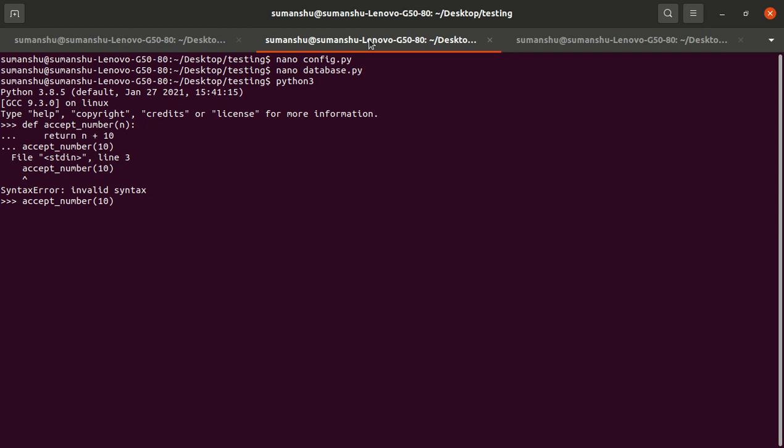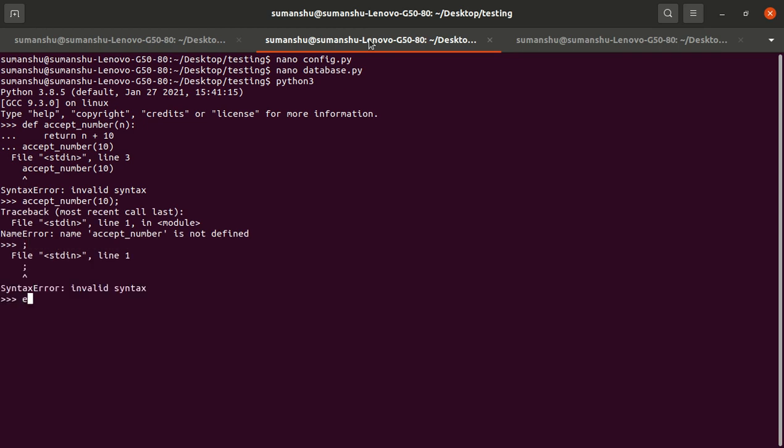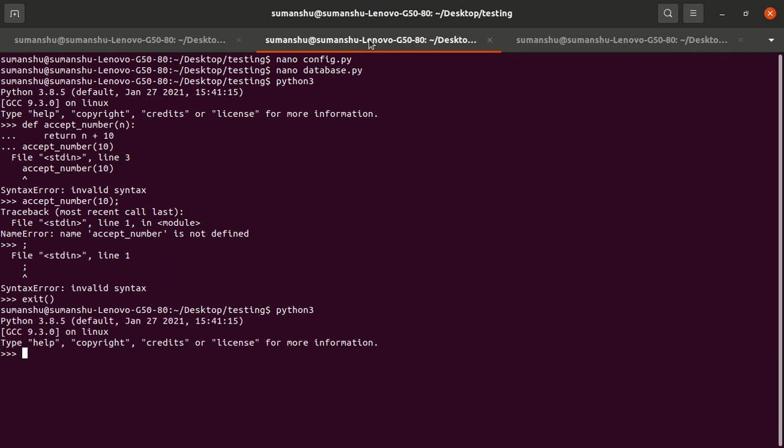Why is it invalid syntax? Def accept number n, and it will return n plus something. Now okay, it accepts the number, it accepts 10.